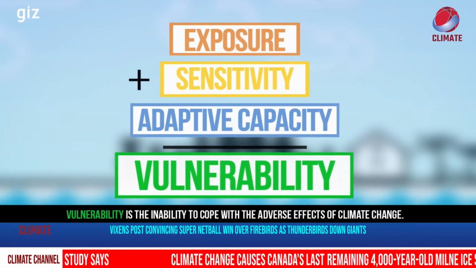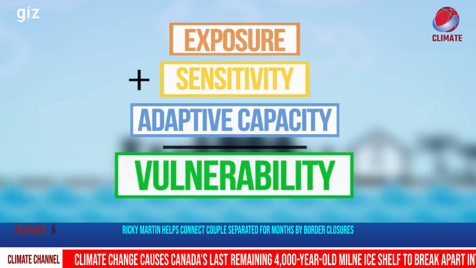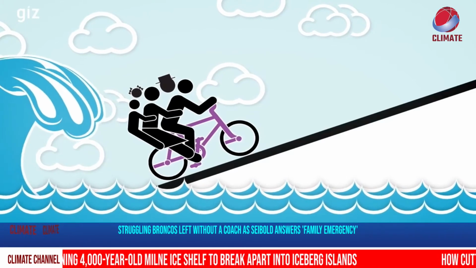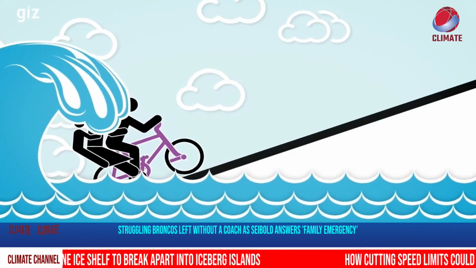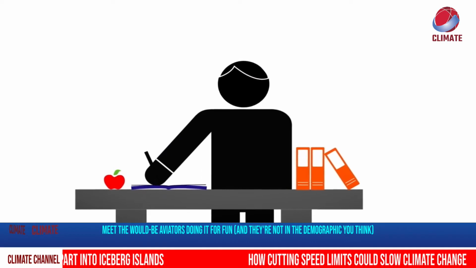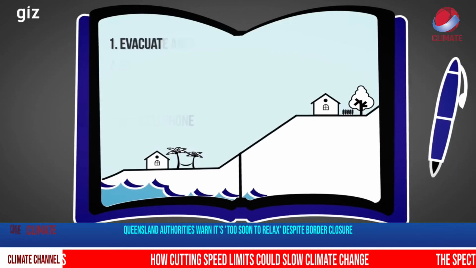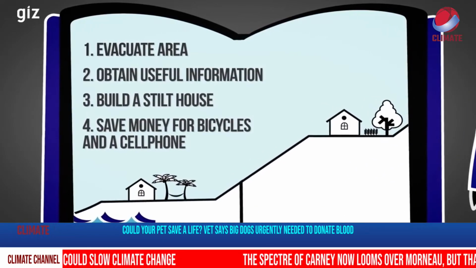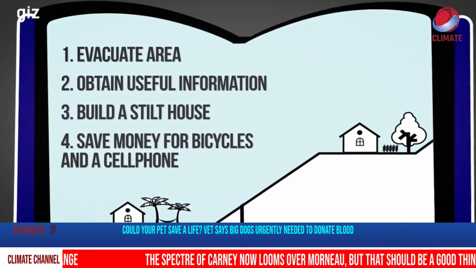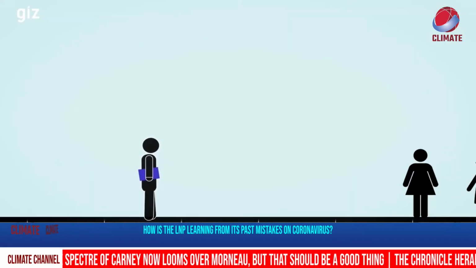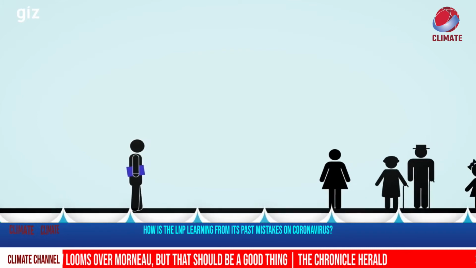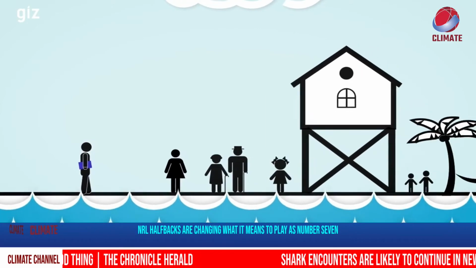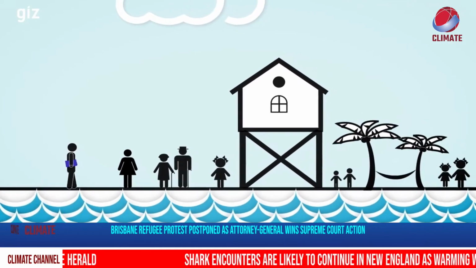Which family is more vulnerable to the flood? Tomás' family again. They are more vulnerable because their potential impact is greater and they have fewer elements to respond correctly to the flood. Tomás needs to find a solution and take the necessary actions in order to reduce his vulnerability. All those actions are adaptation measures. Okay, now Tomás has reduced the possible impact of a flood. He raised his ability to adapt, even though he's still living at the seashore, and his family is more prepared for the next flood.